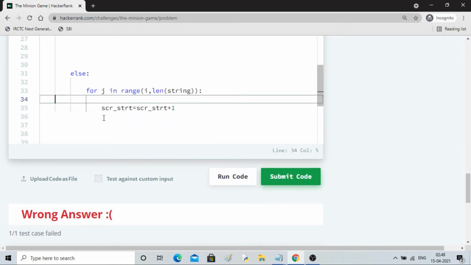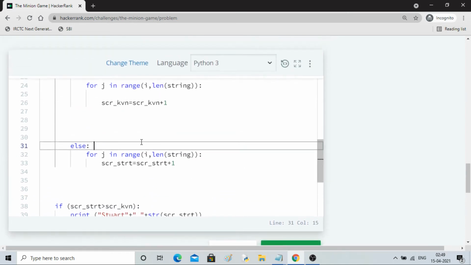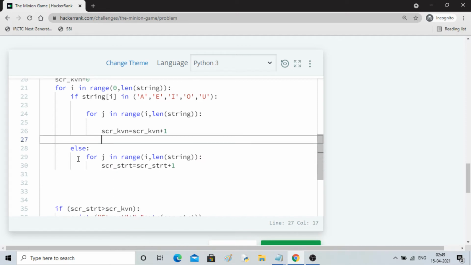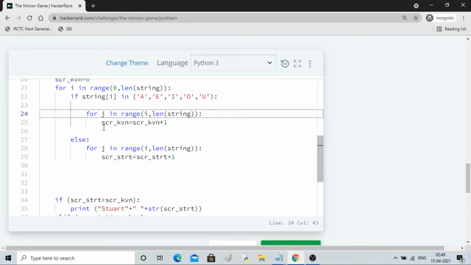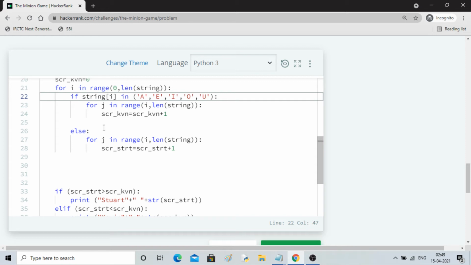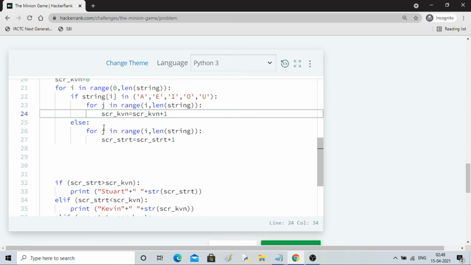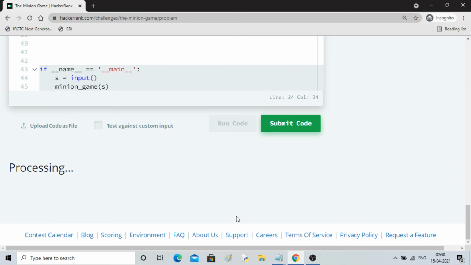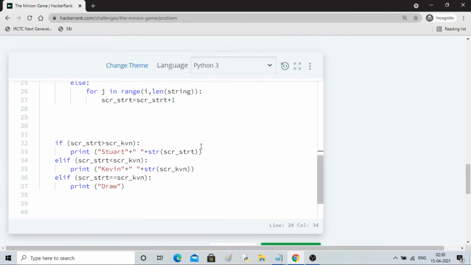Let me align them properly so that I can show you in one screen. Then, okay, else, and then I can remove this. Then also this. Much more clean it looks. So this will also work. Now I'm not consuming any memory, right? But there is one more thing I want you to look at.